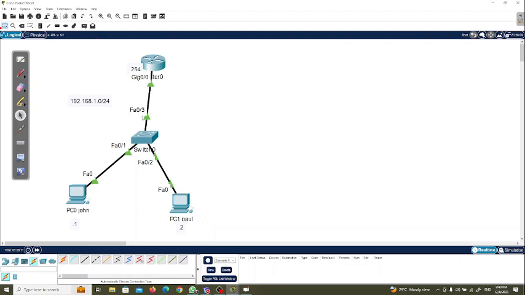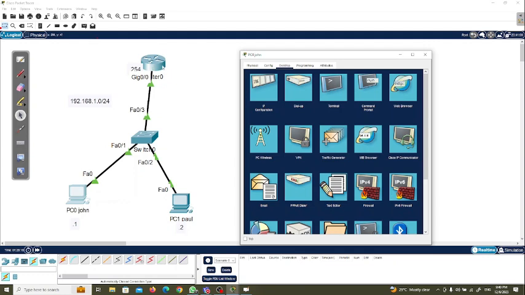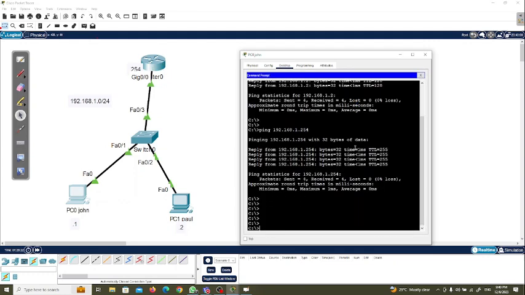Okay, so now what I can do, let me go on Paul's computer, and let me try to SSH into the router here. I will go on command prompt here. So now from the command prompt here, I will input the command SSH. So the command is SSH minus L. Okay, this is not minus one. SSH minus L. You put the